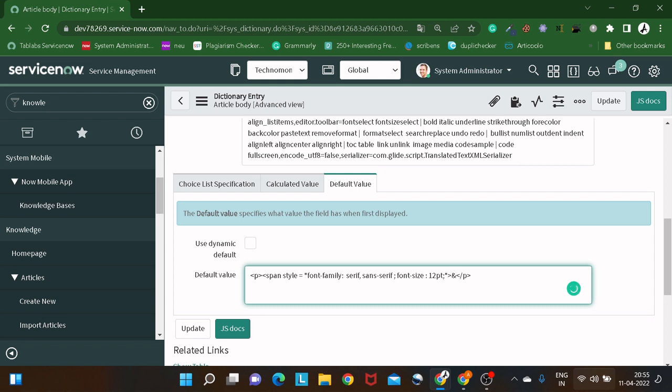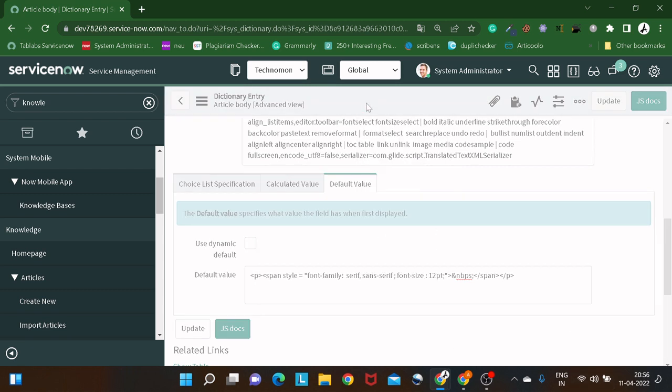You can give &nbsp;, which is a space, and then we will close the span tag. So for now I have added only a couple of things, okay. You can add as many things as you want in the styling, and it will work the same. So this is all we have to do. And if I save this out,